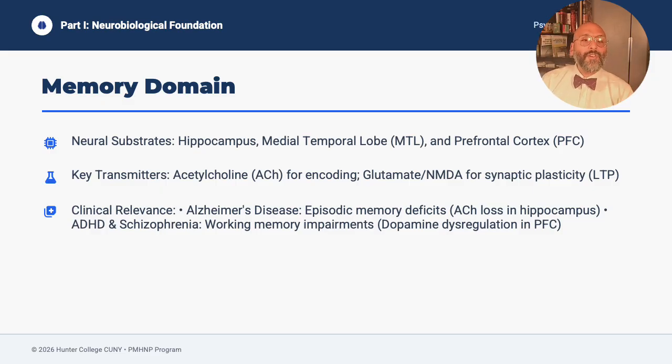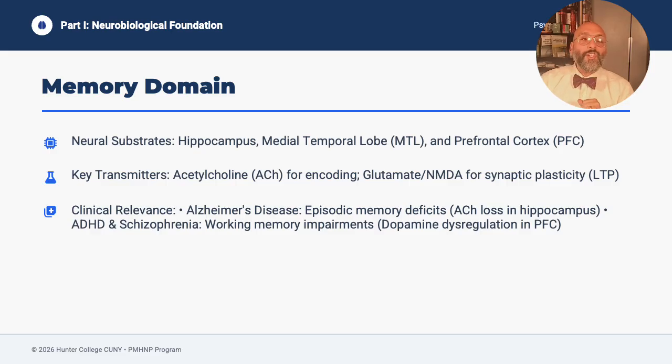Now, some key neurotransmitters include acetylcholine. ACh is the workhorse of encoding. So when ACh signaling is strong, the brain is in learning mode. Glutamate, acting through NMDA receptors, underlies long-term potentiation, the synaptic strengthening that makes memory stick. If NMDA signaling is disrupted, learning becomes inefficient even if attention looks intact. So pay attention, remember, to your dementia patient who looks like they have it and they can front really well,